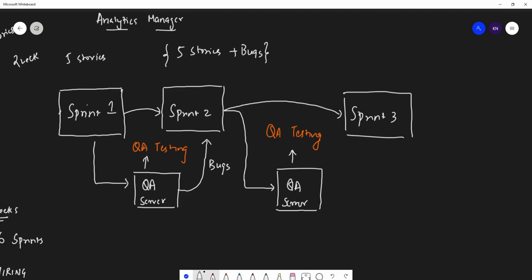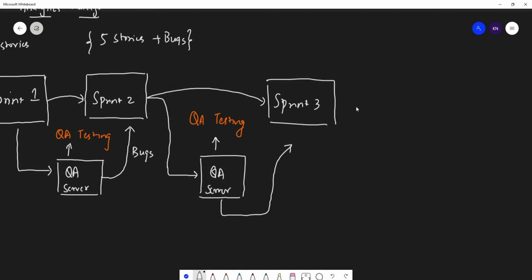The QA team will again do the testing, raise the bugs, and assign them to the specific developer who completed those stories and whose bugs are coming up, right? Like this the process continues up till the last sprint, sprint 6.